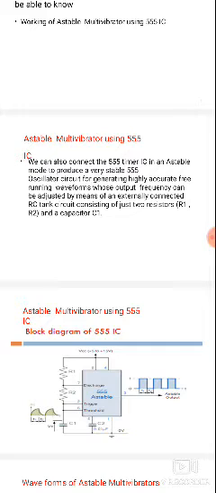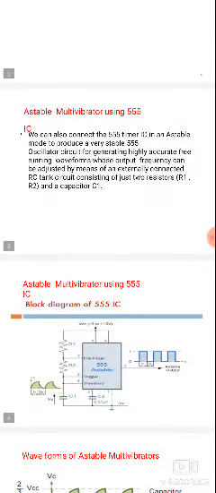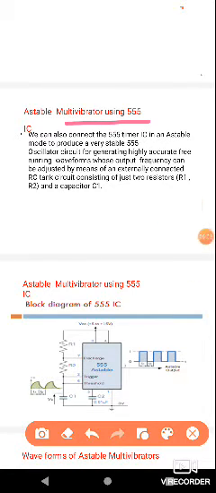An oscillator is nothing but a waveform generator. Today's topic is the astable multivibrator using the 555 IC. We already know how the 555 IC can work as an astable multivibrator. We connect the 555 timer as an astable multivibrator to produce a very stable 555 oscillator circuit, and